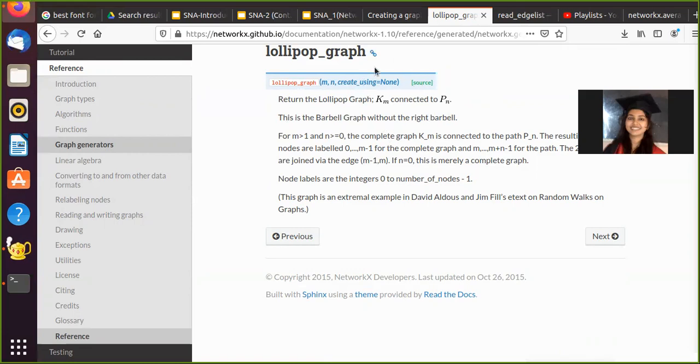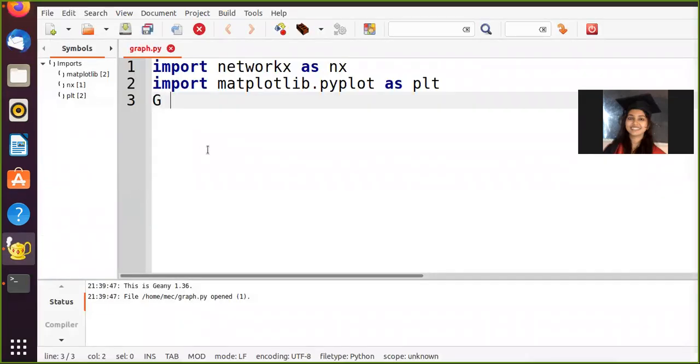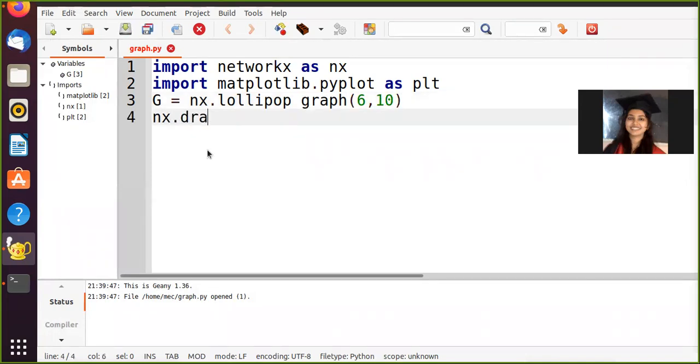Currently we are not going to use this one, create_using. I'm just going to make a graph here, nx dot, and I want a lollipop graph. I hope the spelling is correct. Let's say I want my complete graph to have 6 nodes, and a path length of 10, and I can just draw this graph and show it.